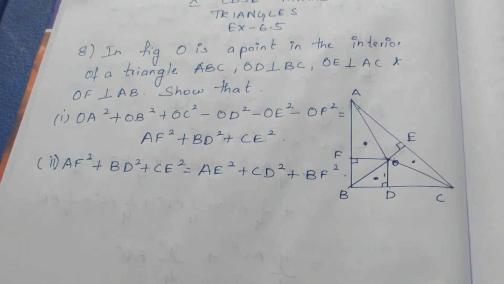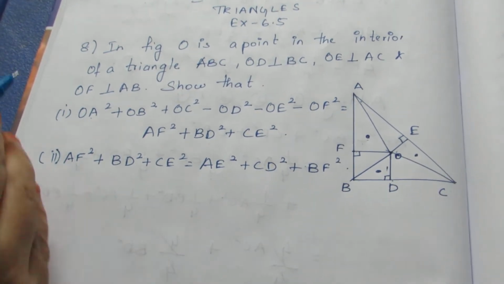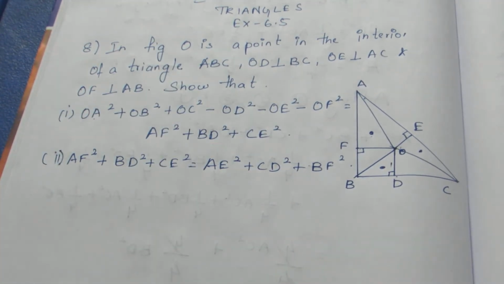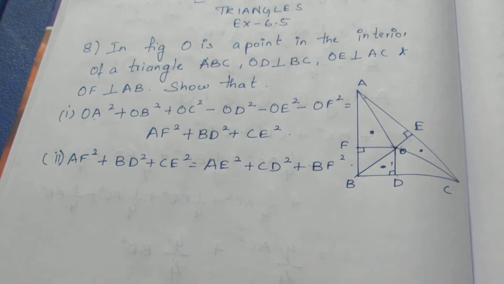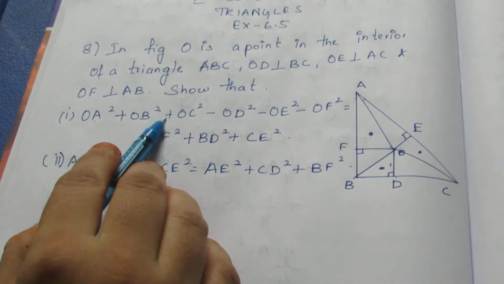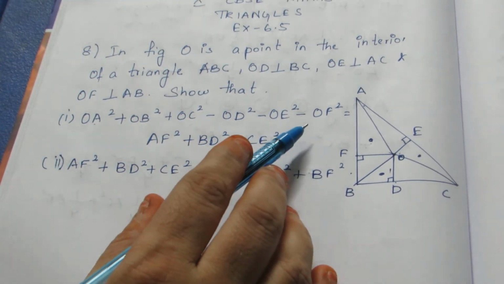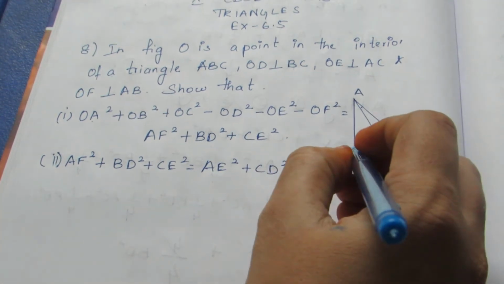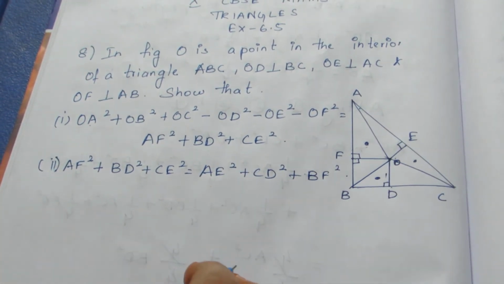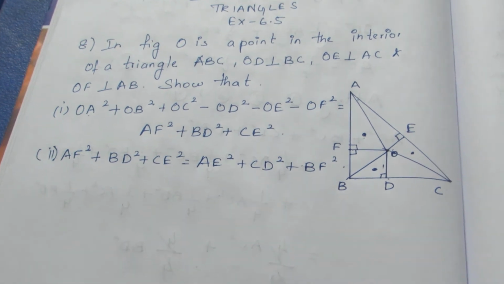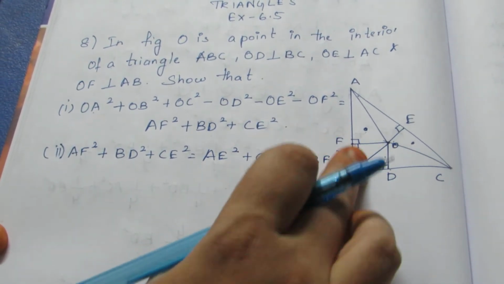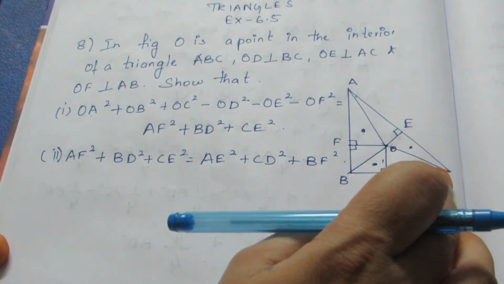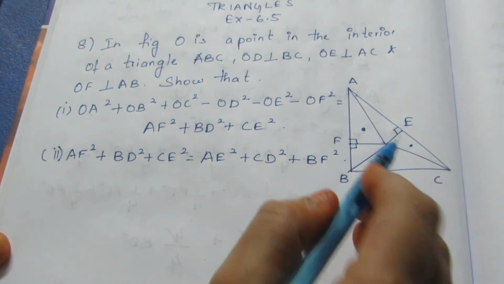I am taking the alternate triangles. As it is plus or minus over here, blindly go with Pythagoras theorem because it is of squares and plus. In Pythagoras theorem, we know that hypotenuse square is equal to the sum of the two squares. Already there are 90 degrees over here. So blindly go with Pythagoras theorem, taking these triangles, taking the sides AF, BD and CE. You can take these triangles.